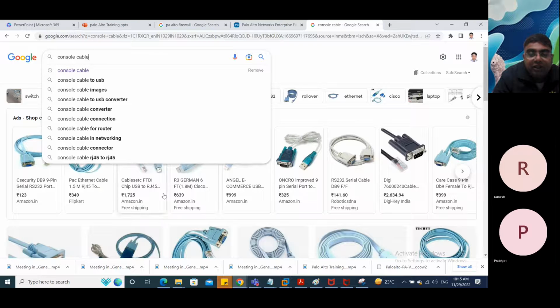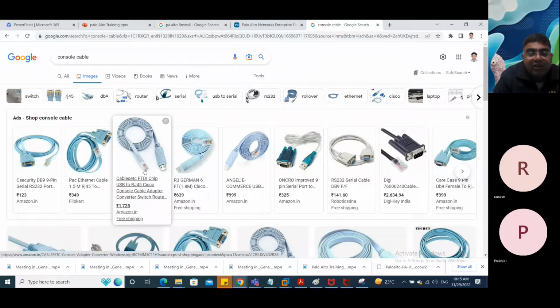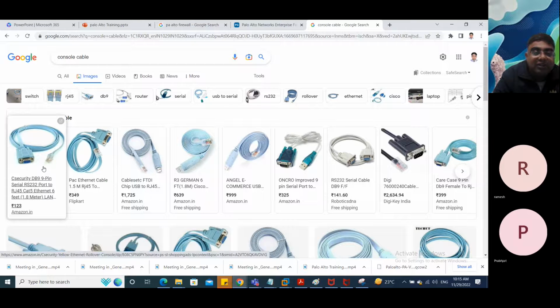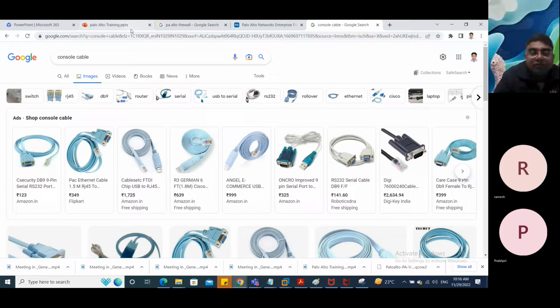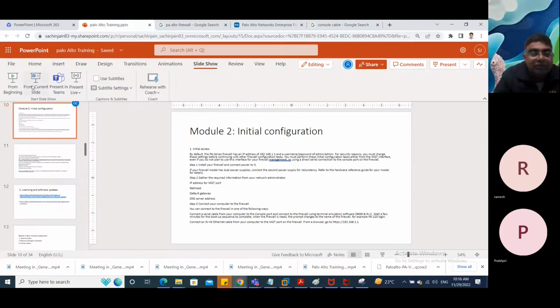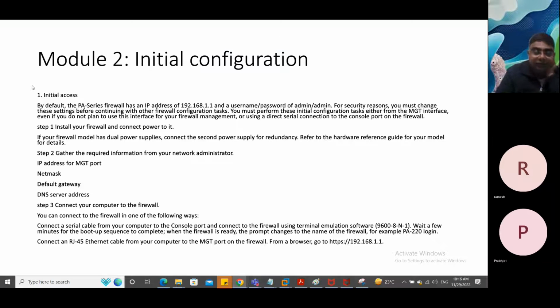So you need to connect this side at the firewall and this side at your computer. Sorry, USB port to your computer and a laptop, whatever. Or else in older days, this type of cable also with serial connection, DB9 pin. Nowadays, DB9 pin is obsolete. Now they are not providing DB9, they are providing this USB to serial, right? You are getting my point,